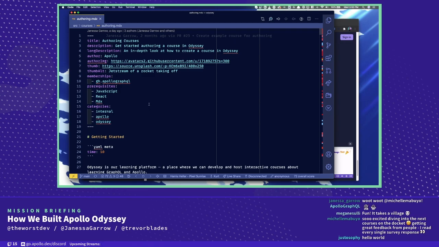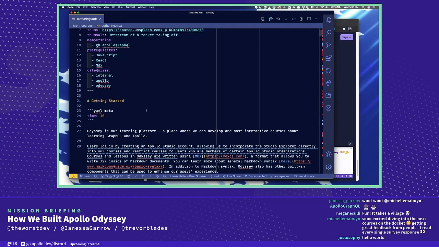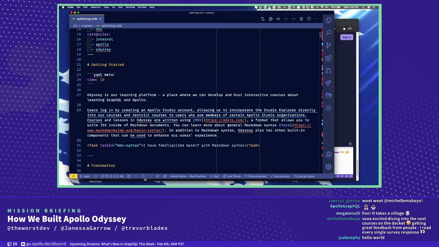It's an interesting point that the same token we use to separate lessons is also the token used in front matter. But regardless, we've got getting started, and this is cool. So YAML meta, right? And this is time. This is where, when we looked at the course preview page, we saw the estimated time to complete for each lesson. So I imagine that's where that's being pulled from. And then we got here, so we see the lesson.